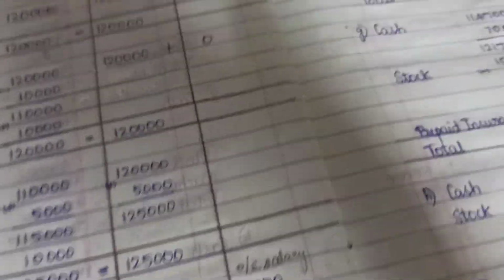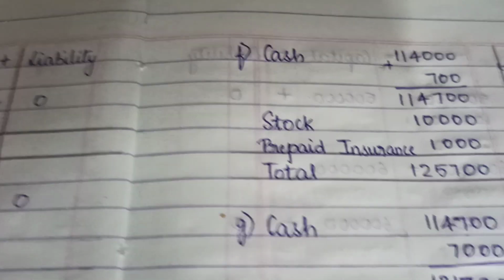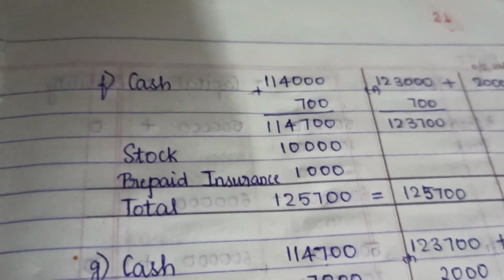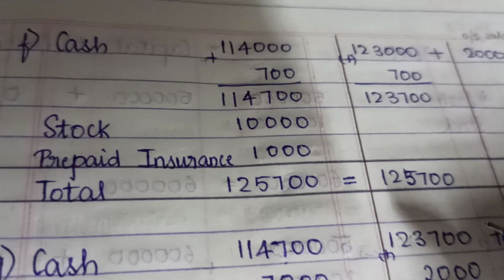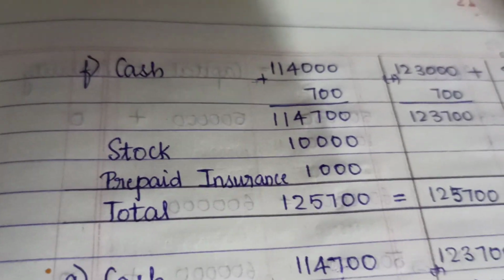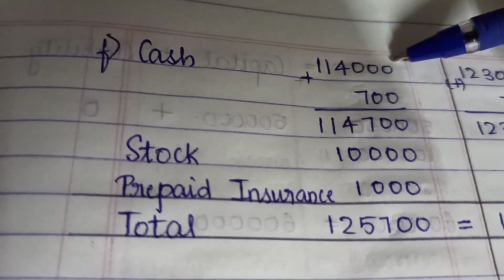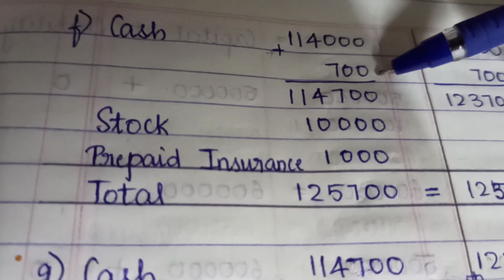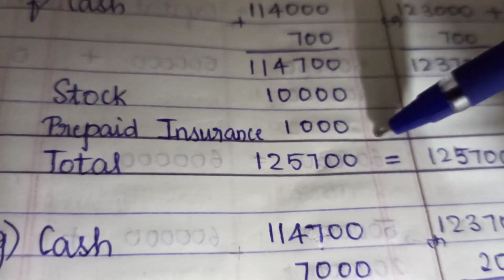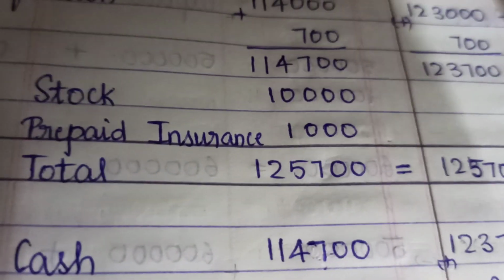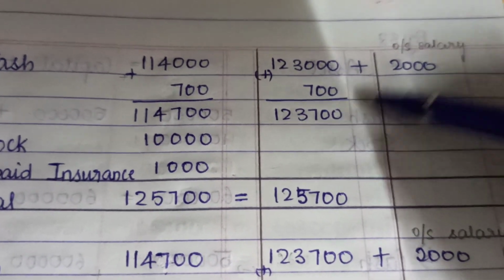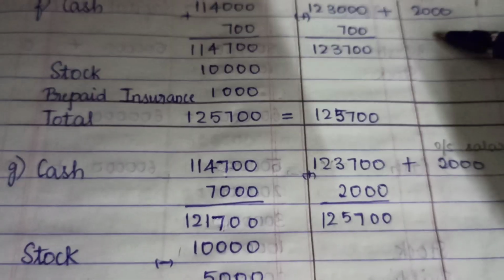Okay, the next we have received interest. We are receiving the interest here. Means cash is coming. So any incomes that are coming, we will add. As I told you in the previous entry, any incomes or expenses, losses, all that belongs to the proprietor. Expense means we should minus, incomes or profit means we have to add it. That's why when we receive the interest, cash is coming, we increase the cash balance by 700. Add the amount. Stock will be the same, prepaid insurance same from the previous entry. Now capital amount we have to increase by 700. So previous balance we have 1,23,000. 700 you add. Outstanding salary as it is we are bringing down.